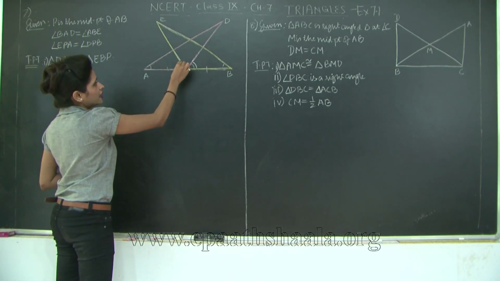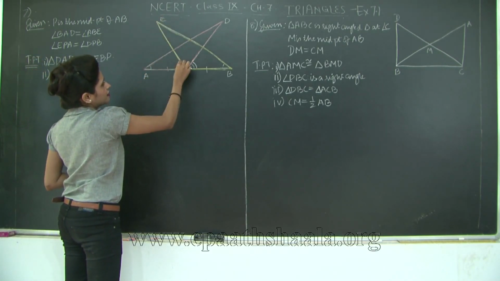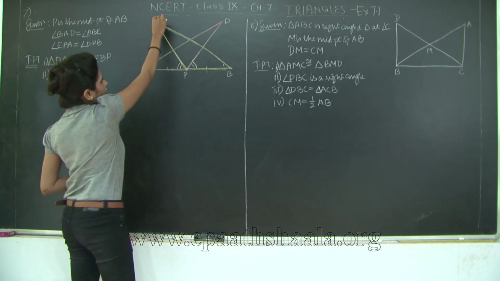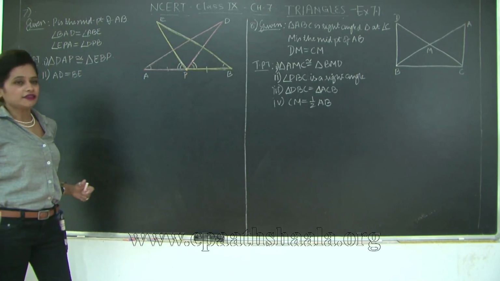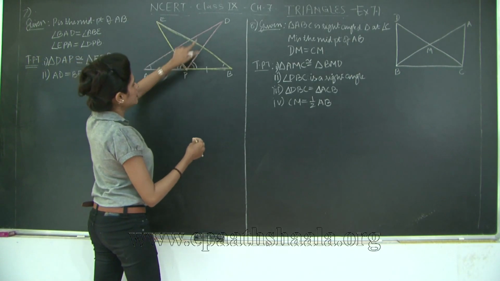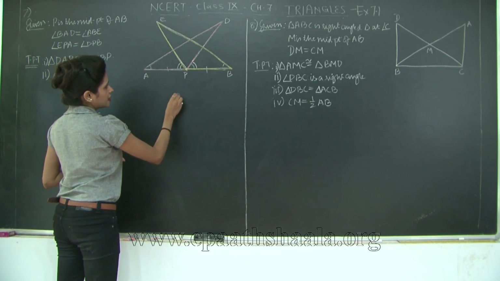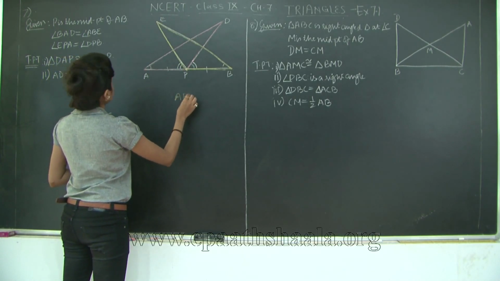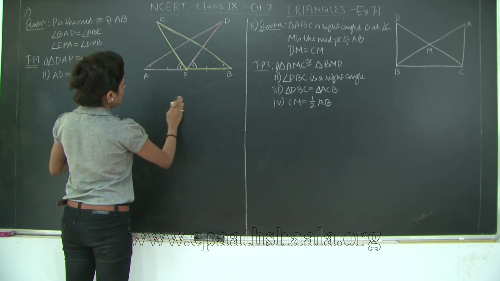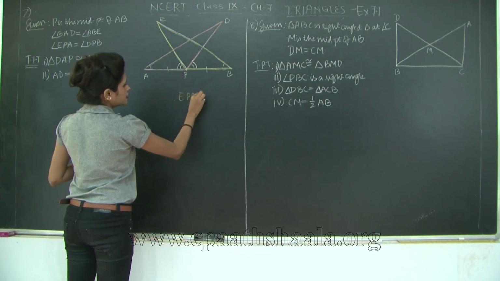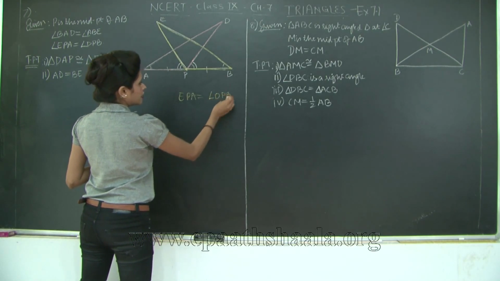Also you have this angle equal to this angle, but if you see, for angle DPA, this is just a part of the angle, and for angle EPB, this is also just a part of the angle. So what I will do is, I will add angle EPD to both the angles. We have angle EPA is equal to angle DPB, correct? This has been given.